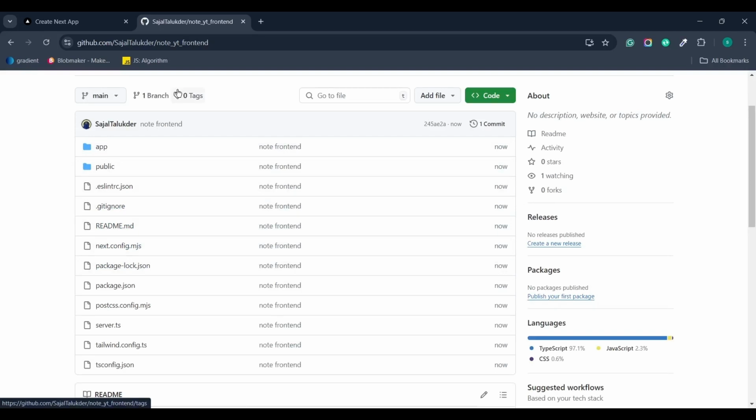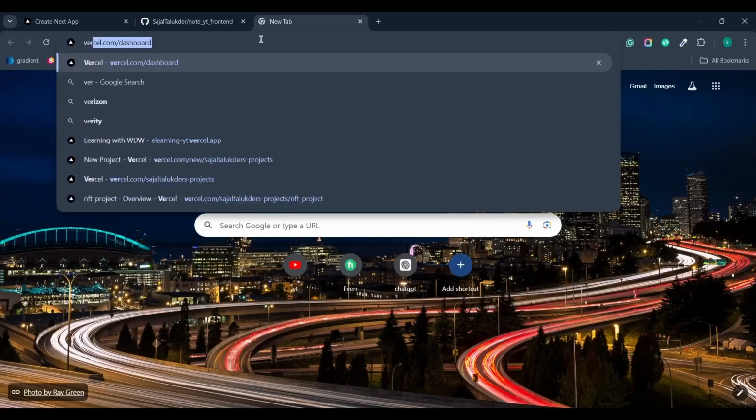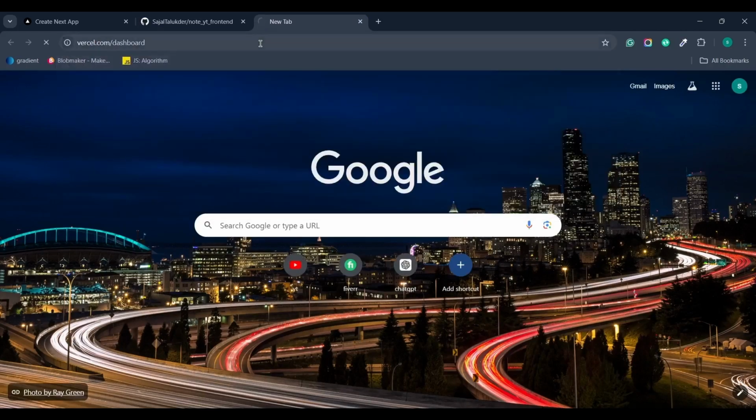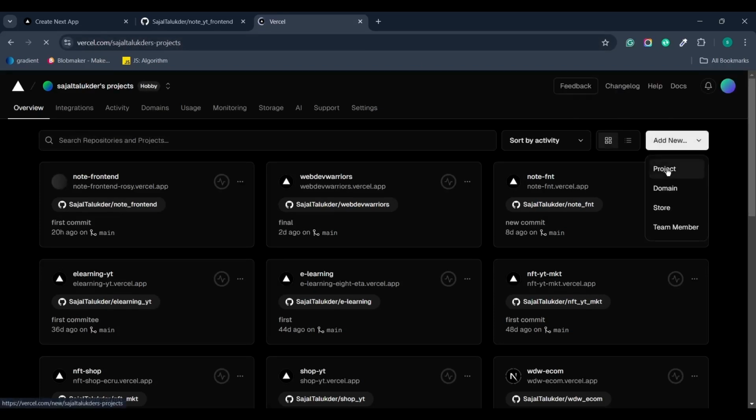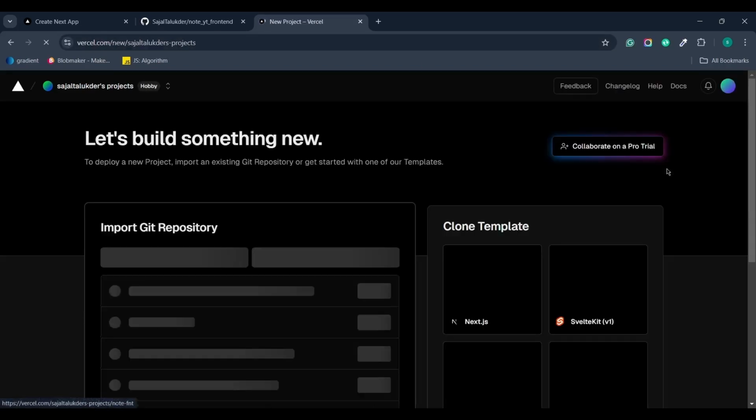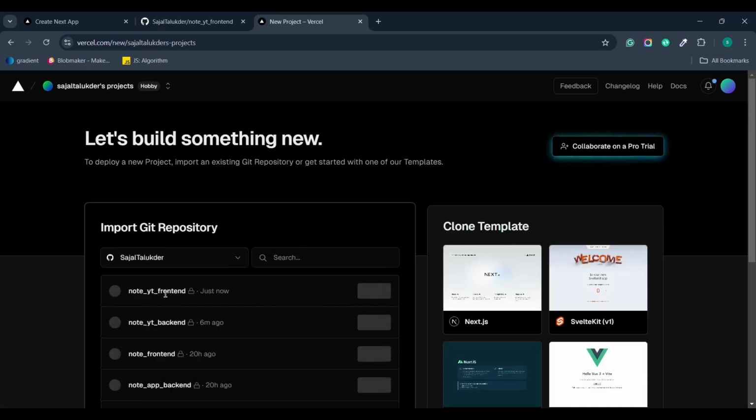Now we are going to deploy our front end Next.js application in Vercel. So if you don't have an account in Vercel, you can create one for free. So let's go to the Vercel dashboard, and here I am going to click here to add new project, and then I'm going to import the one that I recently committed, which is this node yt frontend. Import this one,